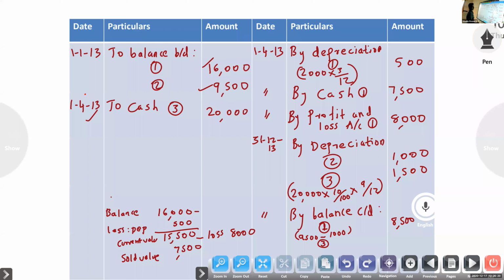Then on the debit side, the total you have to write is 45,500. One more year we will write, because they ask only for 3 years. At the time of sale there are a lot of transactions: sale, then depreciation, remaining balance CD. So after selling the old one, there is no need to look at that one.